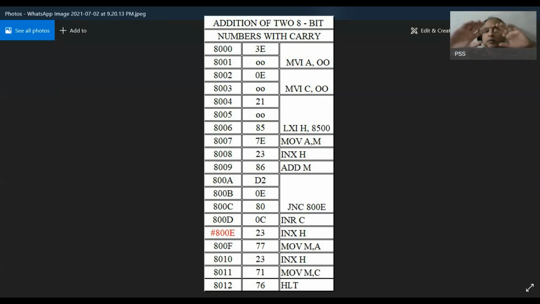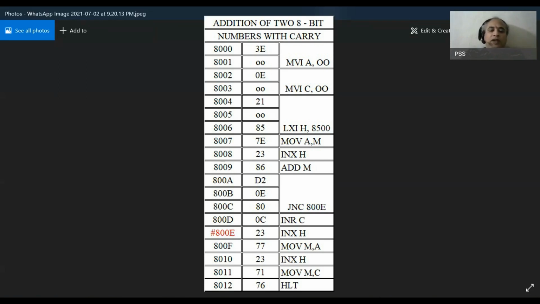Hence we have made it very clear that if there is no carry, it would move to 8000E and will execute the instructions that were present from 8000E onwards. If it has carry, it would simply make the C register 1 and show that the carry C is equal to 1. That's what will happen in this program.